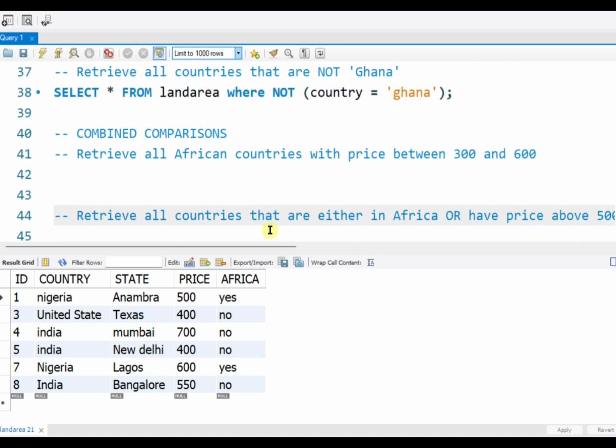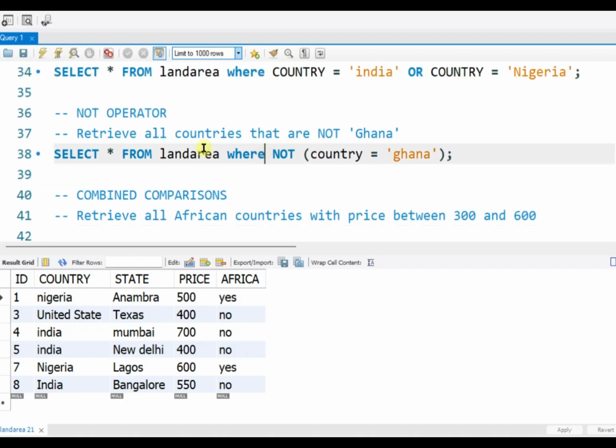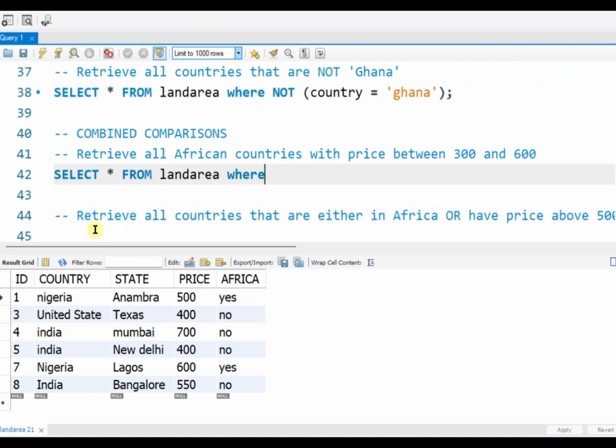So we move to the next one that says combined comparison. It says retrieve all African countries with a price between 300 and 600. So what it means is that the price should not be less than 300 and it should not be above 600. So what are we going to do? We copy this, and then we say price